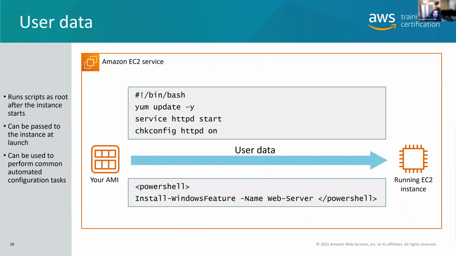Now, when you boot a system, you can actually have it do things like install software, enable the software, hook into an Ansible server, hook into a Chef server. You can have it do things by having it execute at its user data level. Notice here that they're installing Apache web server in the top. At the bottom, they're installing an IIS Windows feature for Windows.